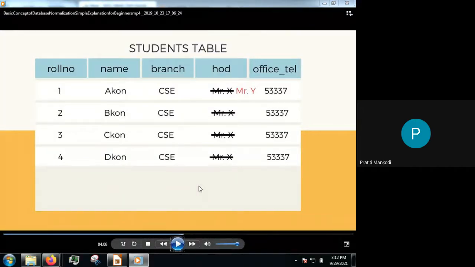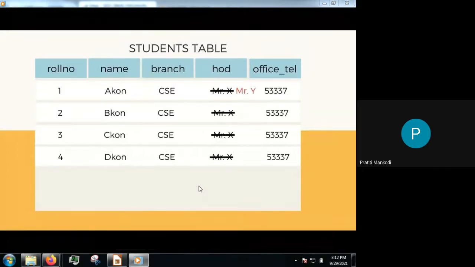Updation has to be done at how many places? All. Individually, I have to update each and every student. If it is 1,000 students, the data has to be updated. And you say, ma'am, you can just write one query: update student set HOD equals Y where branch is equal to CSE. For you, it is one query. For internal purposes, your SQL engine is going to search for each and every record: yes, CSE, updated, go to the next record.